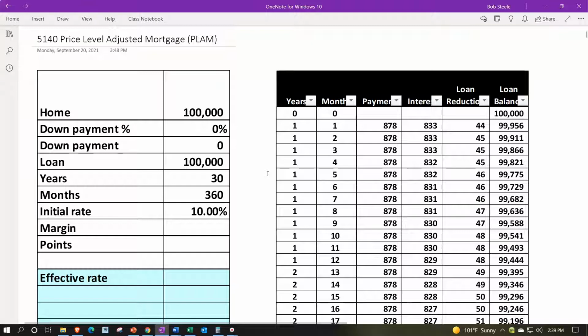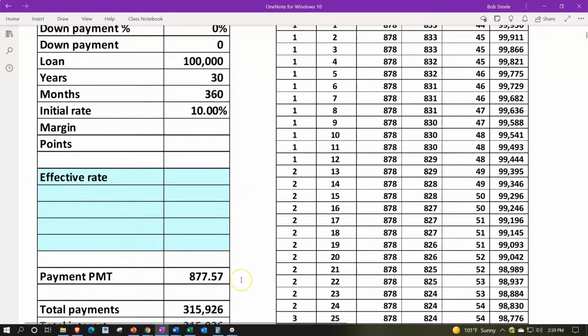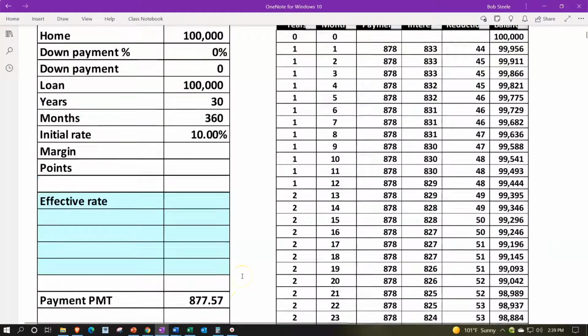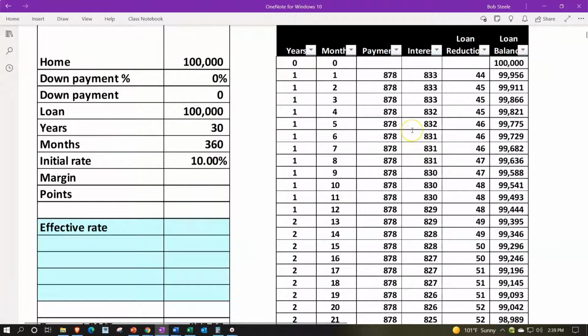So remember, you always want to compare to the standard 30-year fixed when you look at these variations. So this would be the standard. We're taking the loan, $100,000, the 30 years, 360 payments, initial rate at 10%, payment calculation then with the PMT function at 877.57. Then if we look at our amortization table, we would have that 878 or so payment all the way through